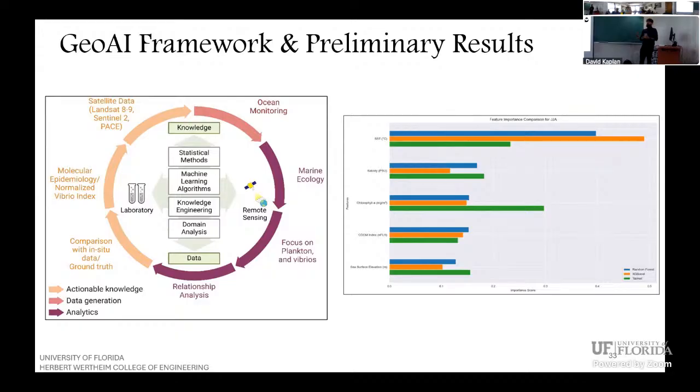And the graph on the right side shows just the preliminary results from a GeoAI model. The model is still in progress, and for testing purposes, I just trained it for 5 different variables, that is sea surface temperature, salinity, chlorophyll, CDOM, and sea surface elevation, on a global scale using 3 different techniques: random forest, TabNet, and support vector machine, which was not that good a tool over here, so that's why it was excluded.